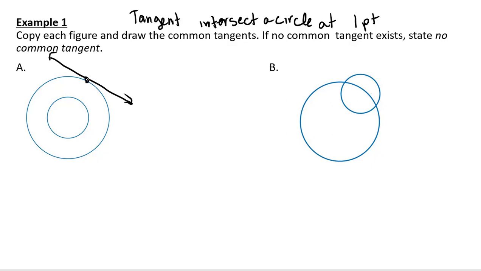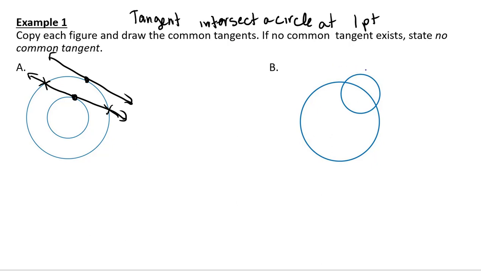tangent, that's going to hit that circle at one point, but it's never going to hit the inner circle. If I draw a tangent to the inner circle, it's a better tangent, we're going to hit at one point there, but our other one hits at 2 points. Remember, that's called a secant. Okay? Versus